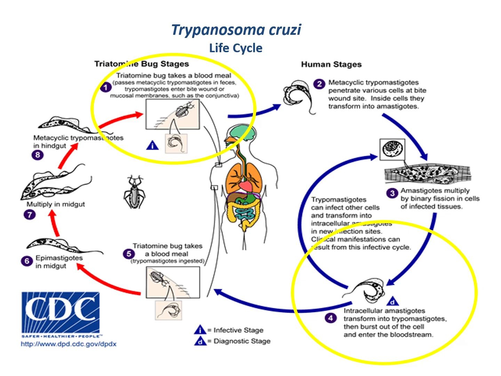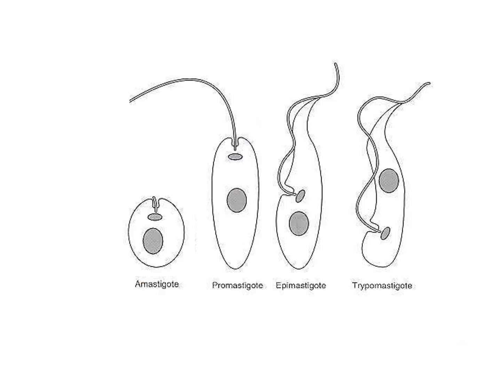So as a summary, for Trypanosoma brucei gambiense, we mostly find the trypomastigote stages and the epimastigote stages in the life cycle. This brings me to define the differences between the four stages that we discussed